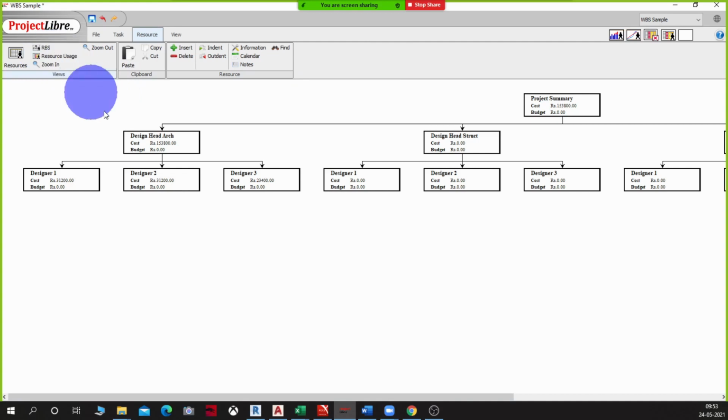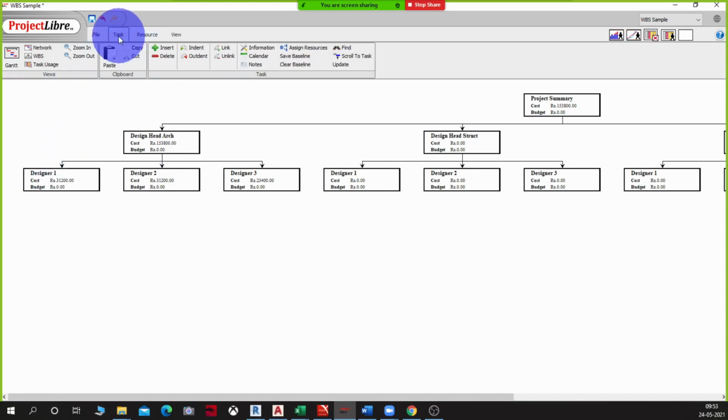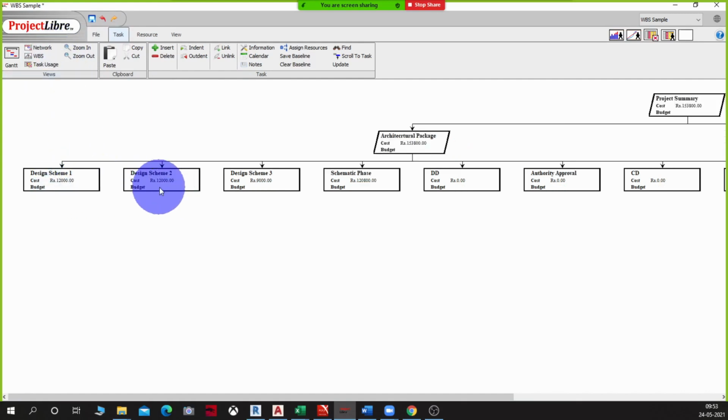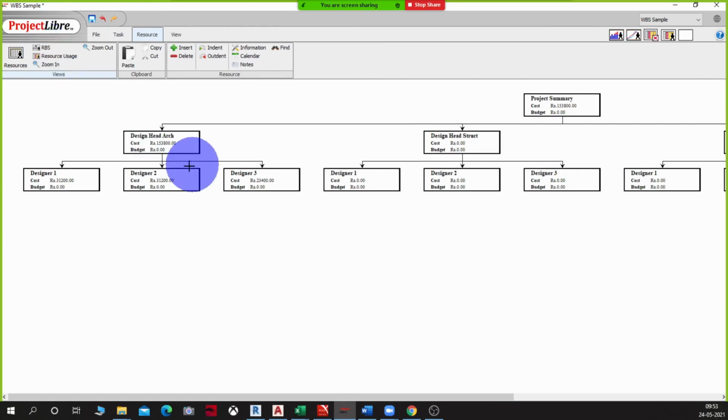Yeah, so there is a difference between what is getting shown in WBS and what is getting shown here. Here it is showing totally how much this designer is going to cost in the project, whereas in WBS it's going to show for each work package how much it's going to cost. Clear? This goes to the client. WBS goes to the client because the client needs to know how much is going to cost for each stage of the project or how much they have to shell out. Whereas RBS or resource breakdown structure is purely internal in nature.